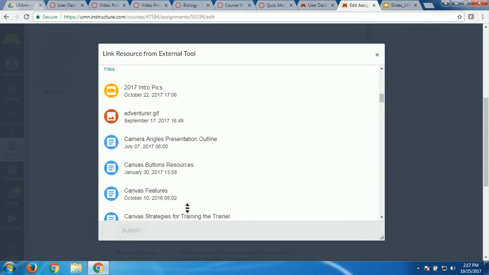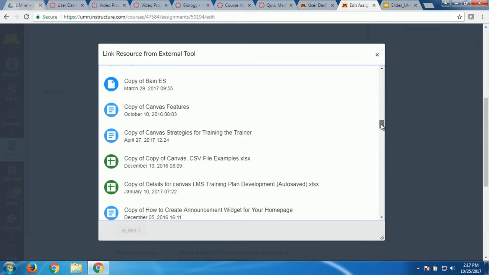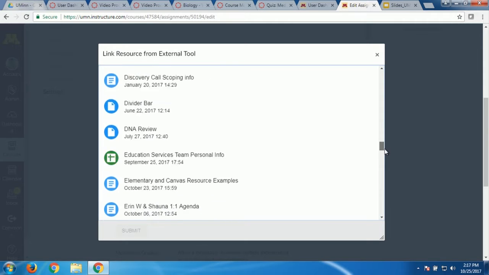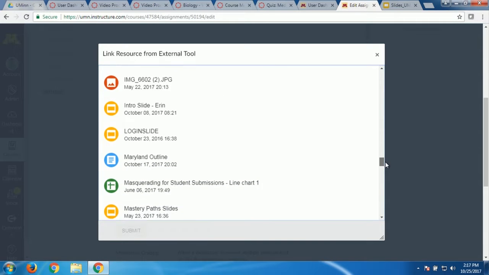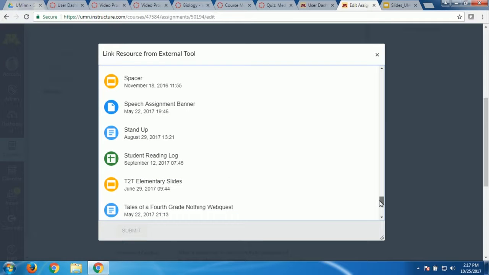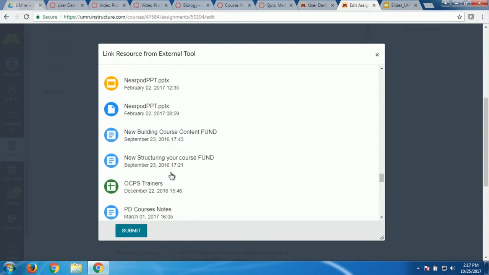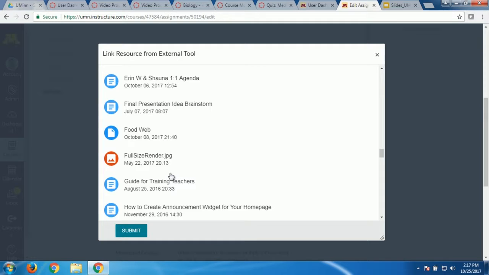So I come here and I'll find a worksheet I want to assign. I think I have lecture notes somewhere here. Let's say I want to have a worksheet of lecture notes. I think I have some. Maybe not. Do I really not have any in here? All right, we're going to totally just make up. Let's see. I'll have them do a reading log. We're going to pretend we're elementary right now. That's one of my elementary examples. I had lecture notes, I swear. I don't know where they went. I must have called them something weird.